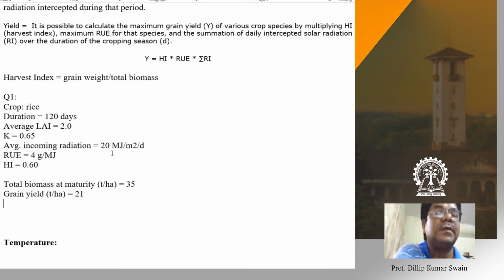Sir, does that mean that the higher the percentage of other radiations in the light, for example UV and IR, the lower the utilization by the plants? I'm trying to say that, for example, when there is an ozone hole, more and more UV radiation is coming. So does that mean that the photosynthetic capacity of the plants will reduce?